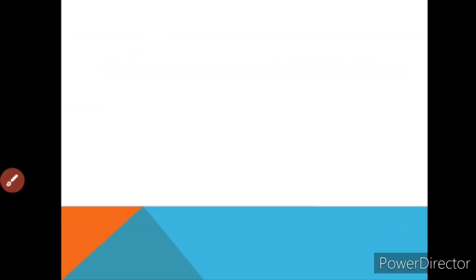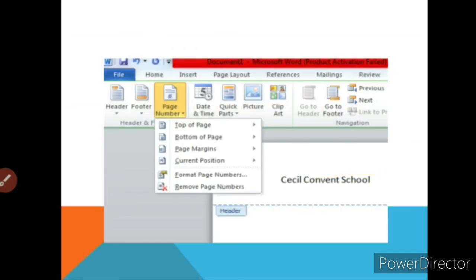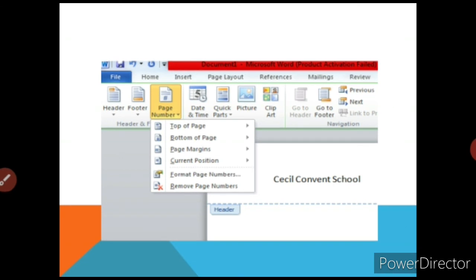Next, the footer section. The third section is the footer section, which is quite similar to your header section. In the header, we apply the heading on the top of the page, and footer means whatever value we want to apply at the bottom, we just have to use the footer. Okay, I'm just giving you an example. Suppose